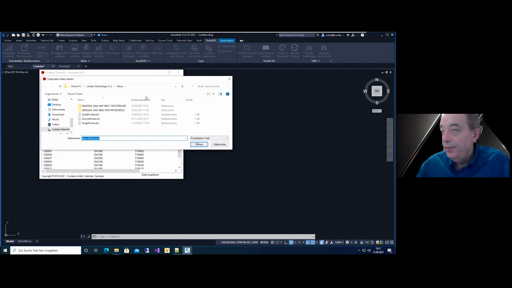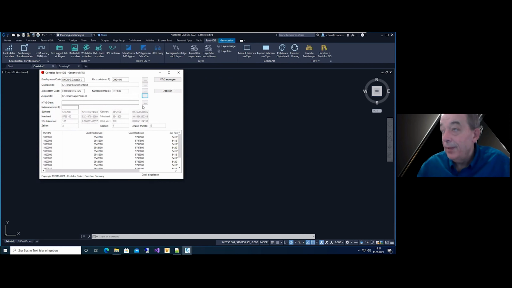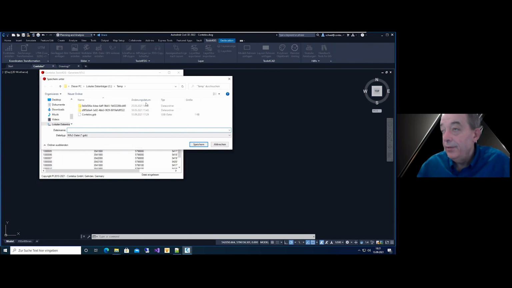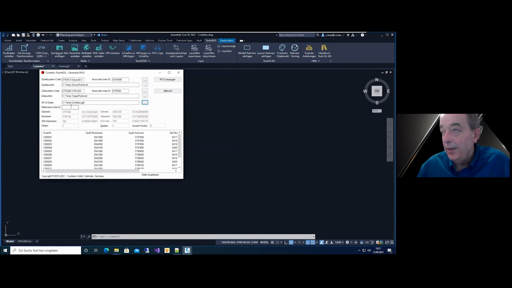Now I select the target points I generated with the different program, and I tell it where to write the file. The file exists at this point, so it will ask me again if I want to replace it. And last, my name.